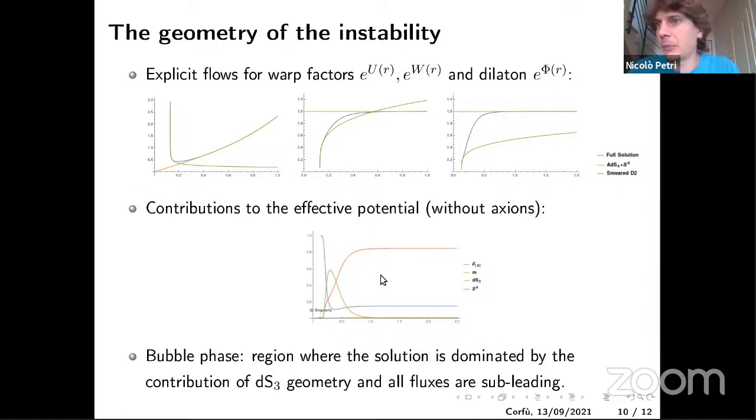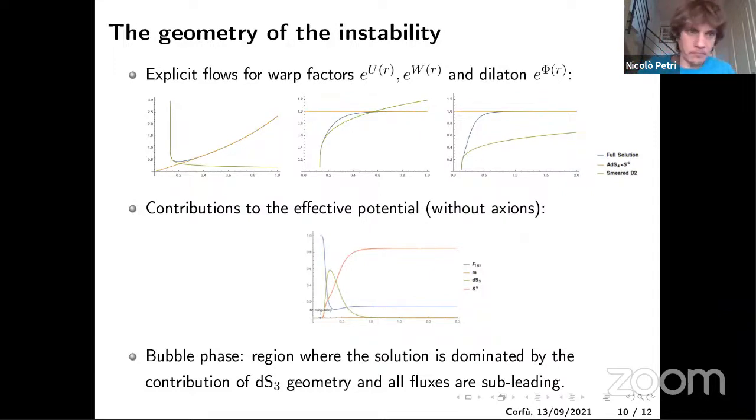represented the so-called effective potential, that is basically a function obtained by taking all our 10D backgrounds, evaluating the action of supergravity in 10 dimensions over this background, and then plugging in the numerical flow. So in this way, what you obtain is some terms that correspond to kinetic terms of various fields, U, W, phi, and so on, and then other terms that represent potential terms. And typically these terms depend on Romans mass, on the curvature of the de Sitter or of the sixth sphere, on